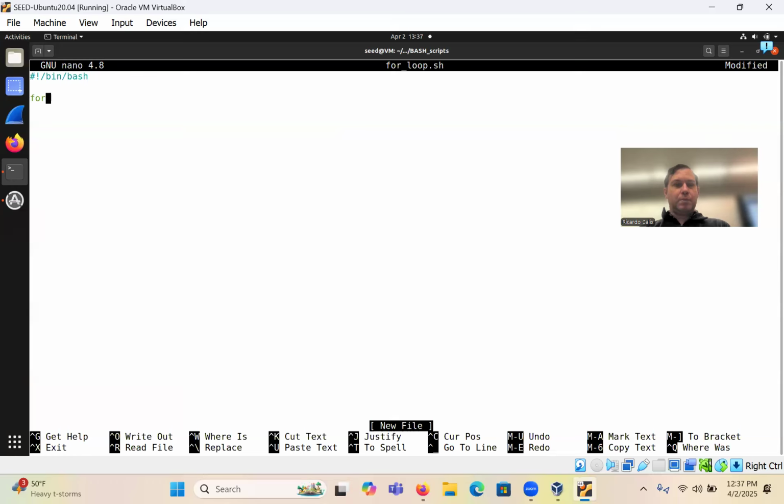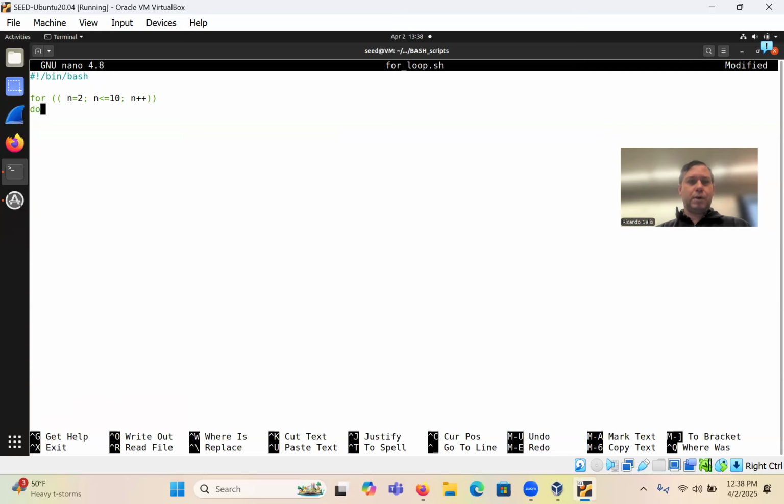So for loop syntax: for, 2 parentheses to open, 2 parentheses to close. Inside, I'm going to leave 1 space, n equal 2, semicolon, n less than or equal to 10, semicolon, and then n plus plus. So this syntax should work for a for loop.